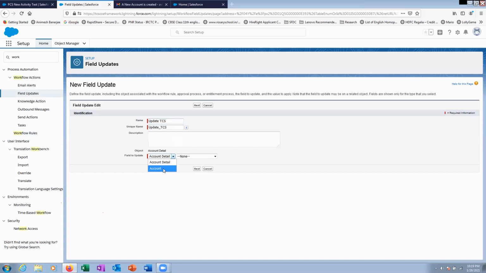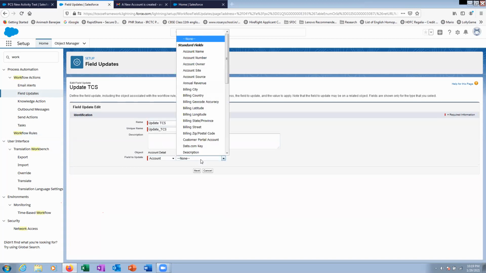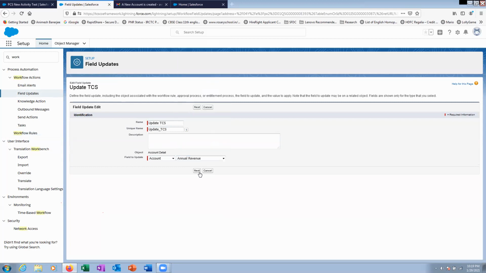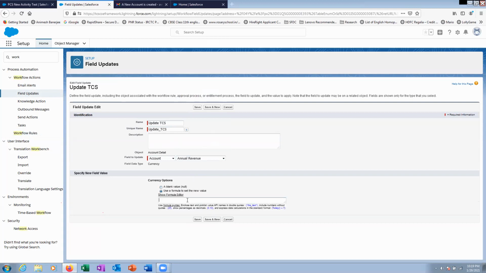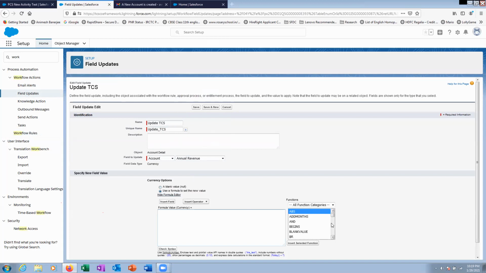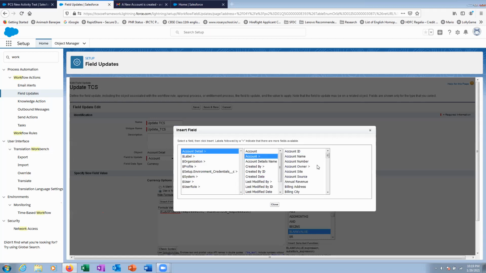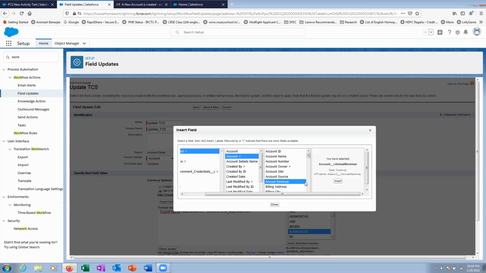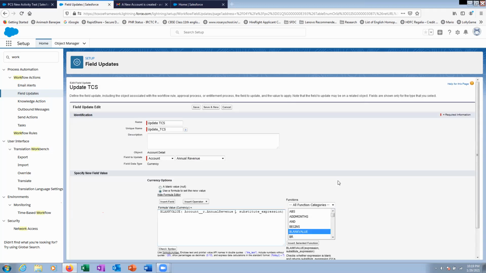And you see it now, you are able to update the field of the parent. So here you go and update the revenue and use a formula. Here is the formula. What formula is that? Blank value. I insert that if annual revenue, then I will use